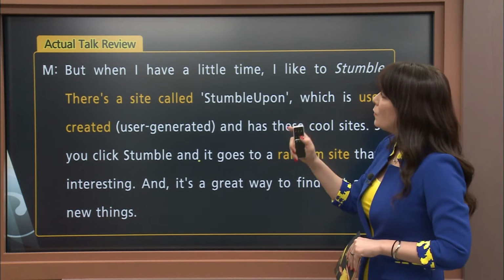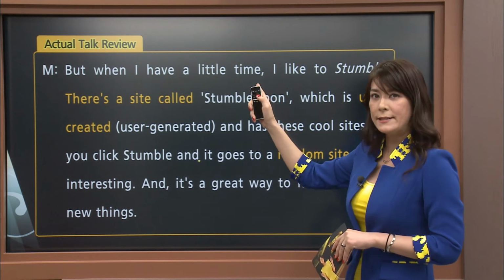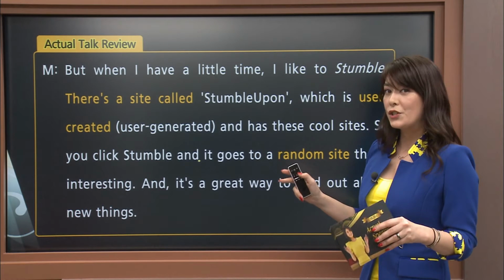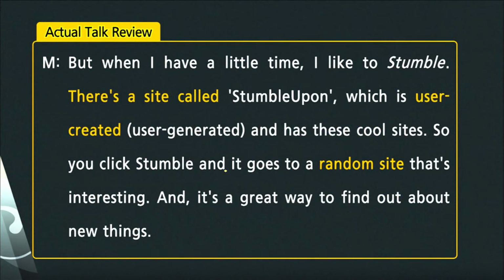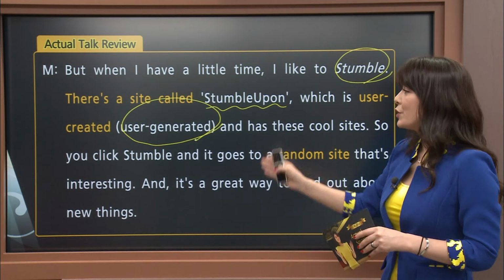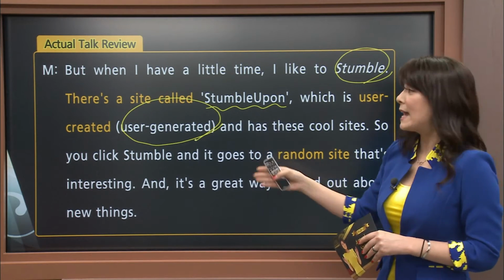Moving on, but when I have a little time, okay, he's saying not a lot of time, but just a little time, I like to stumble, okay? So there is a site called Stumble Upon. I looked it up, which is user-generated, or this term is also used, user-created or user-generated. We often say UCC or UGC, right? Okay.